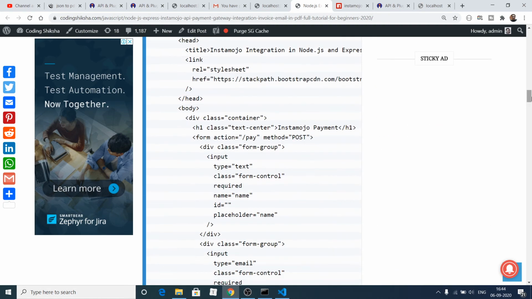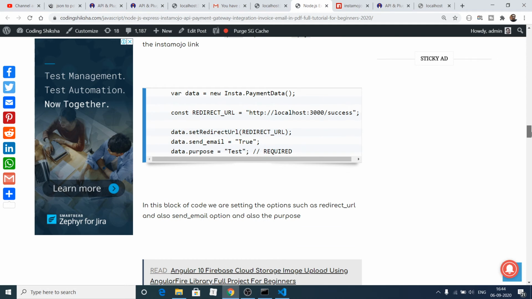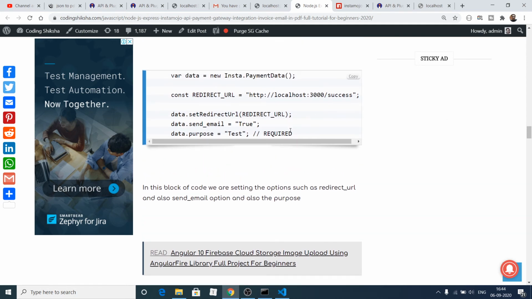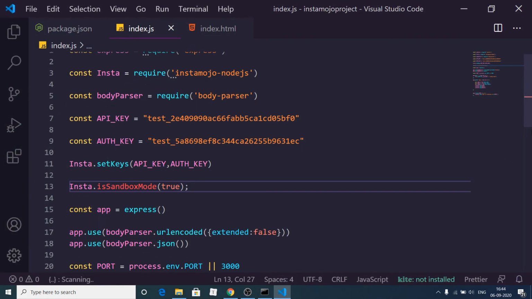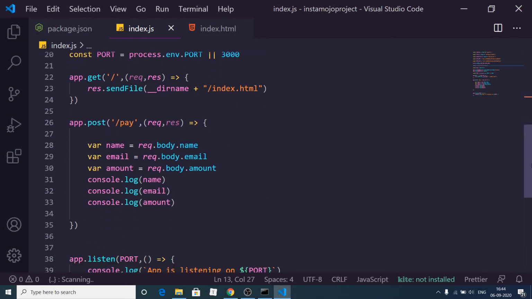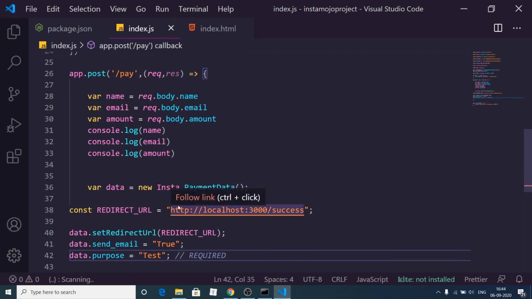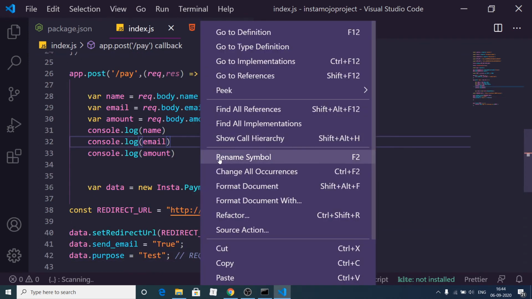Now inside your post request, we need to initiate a payment link. Basically what we need to do is copy paste these things. Simply I can just go to my post request and paste these details here. Let me explain what is happening.